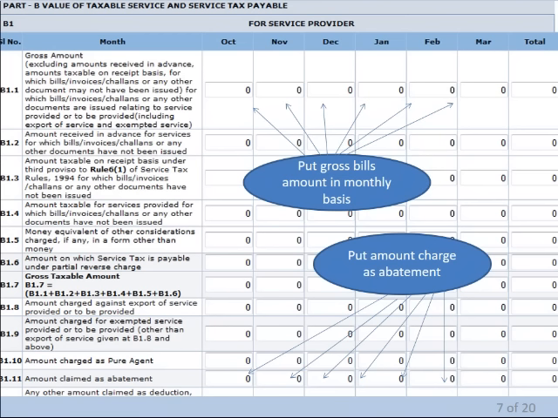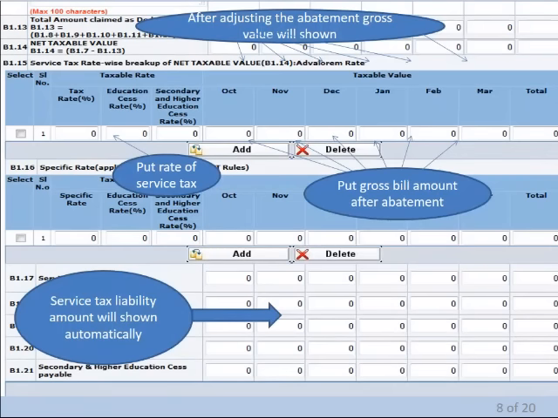This portion has to be filled very carefully. Then put the amount charged as abatement accordingly: amount charged as pure agent, amount claimed as abatement, and any other amount claimed as deduction. Every relevant document detail will be filled in here.